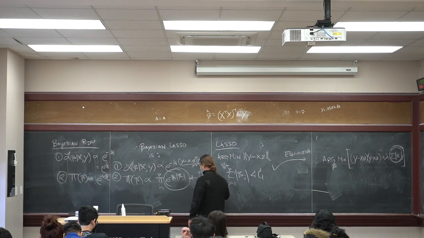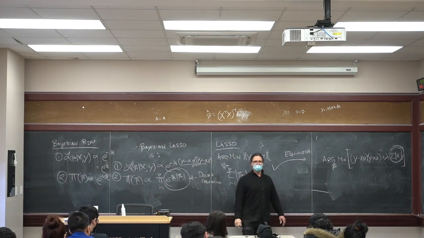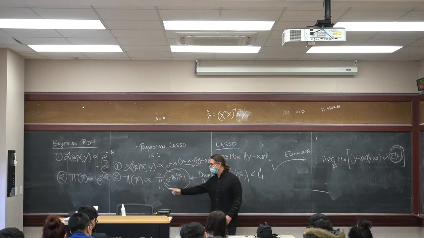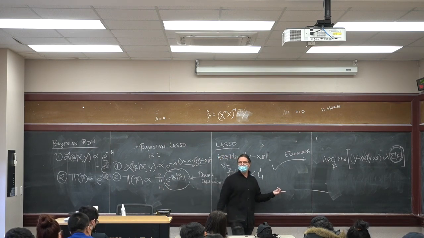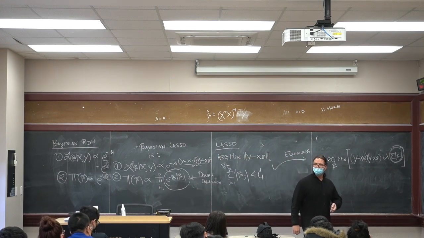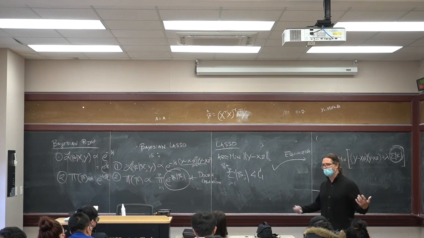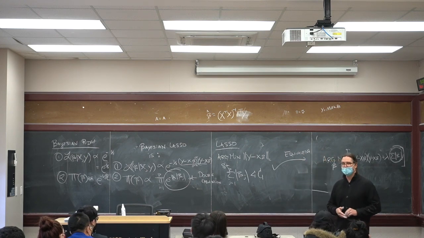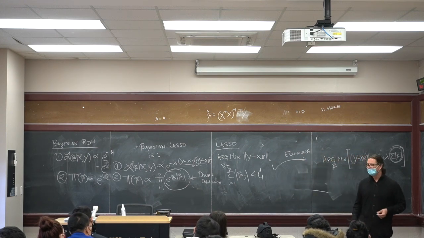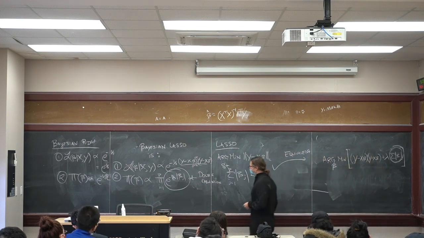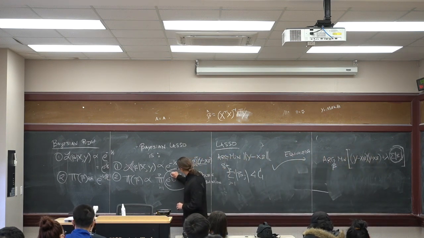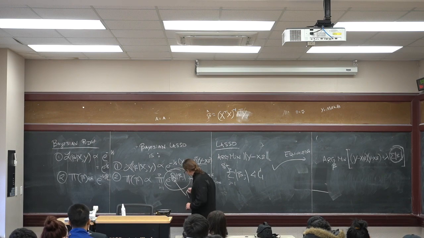I wasn't able to write this out using just the norm notation. I had to use the product to do it. But if you think back to the ridge thing, if I just wrote down all these independent priors that were beta squareds and I multiplied them together, we would get back that beta transpose beta. And this is similar in spirit. So this is my penalty right here. That's my penalty.